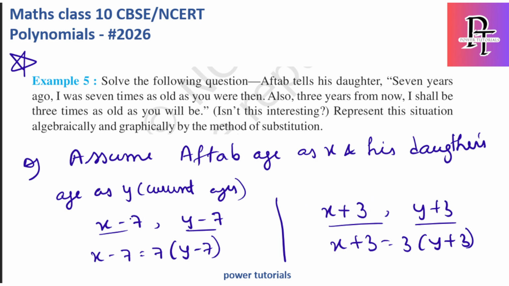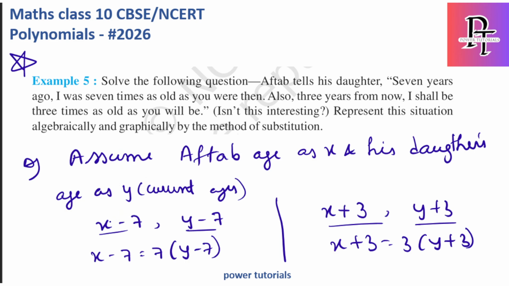So why am I taking minus 7? For example, consider my current age is 30. If I ask what my age was 7 years ago, then it will be 30 minus 7, which is 23 years. In the same way, if I ask what my age will be after 6 years, then it will be 30 plus 6, which is 36. So if I am taking 7 years ago,